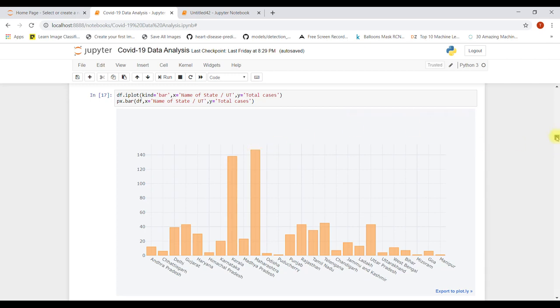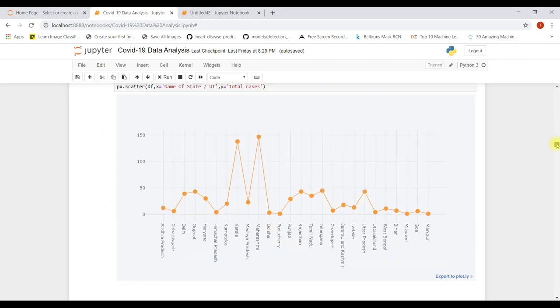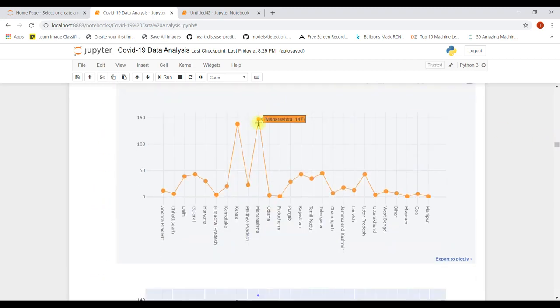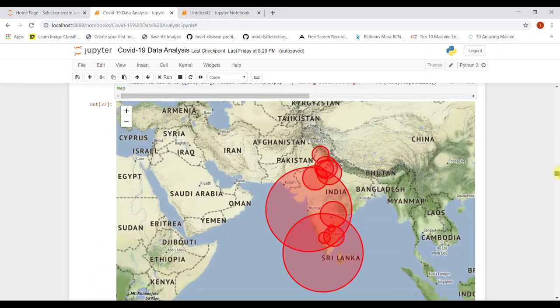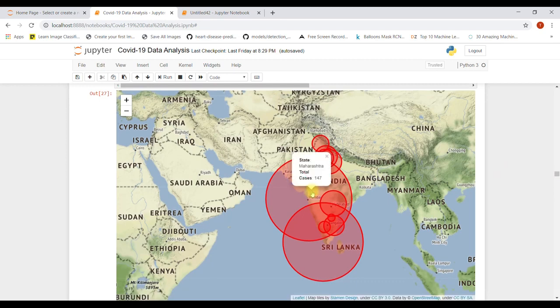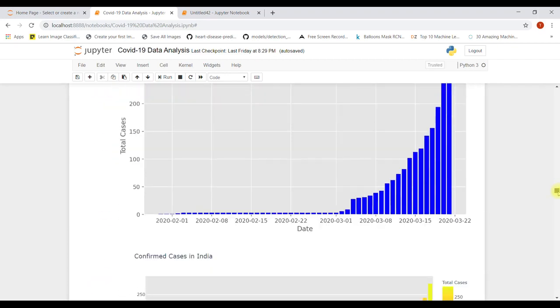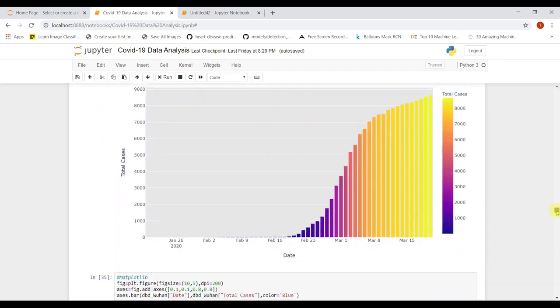database till 27th March, and you can just see that we're gonna make scatter plots also to analyze the data, and then we're gonna make this map thing so that if you just click here, it will show you, in whatever region you click, how the ongoing cases are in the particular state wherever you click. So that's how you can analyze the data very easily. And then we just gonna look at some more graphs,